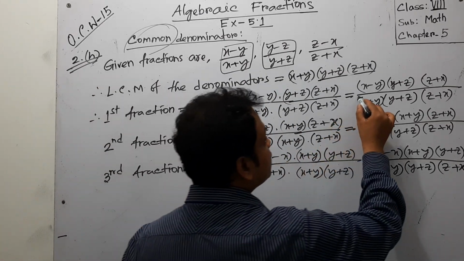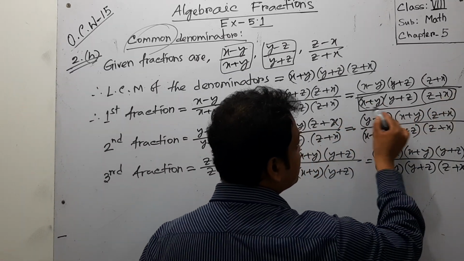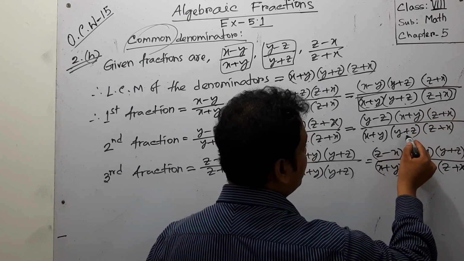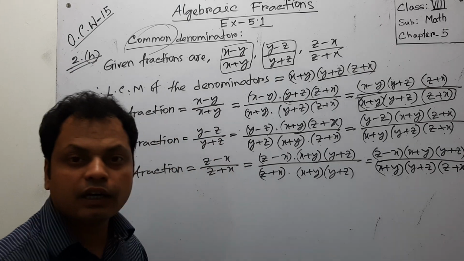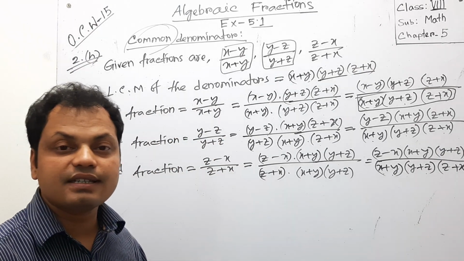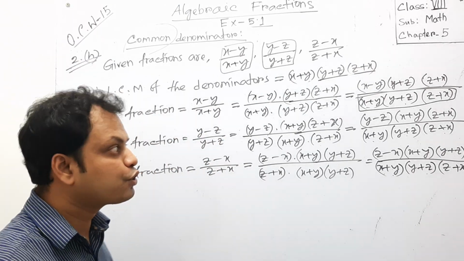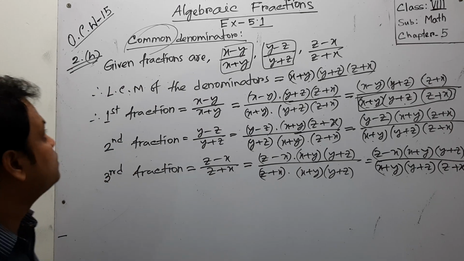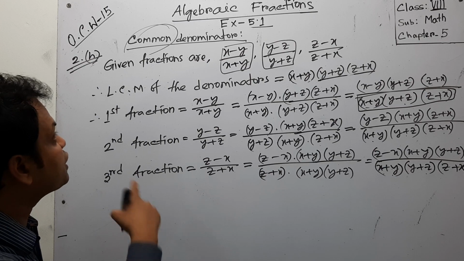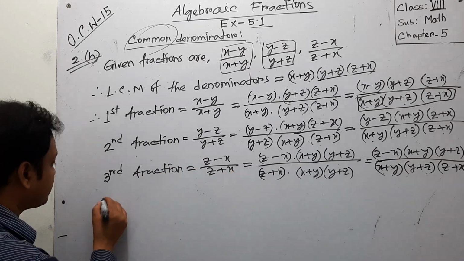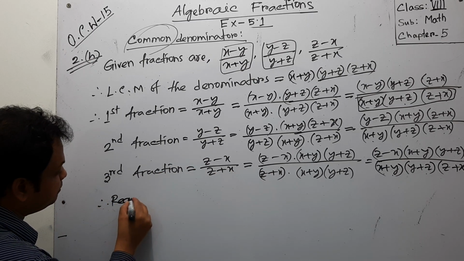Look here. This is the first fraction's denominator: x plus y, y plus z, z plus x. The second and third are also x plus y, y plus z, z plus x. All the fractions' denominators are the same. So we can say that we have expressed the fractions in a common denominator. We write the answer that way. Therefore, the required fractions are